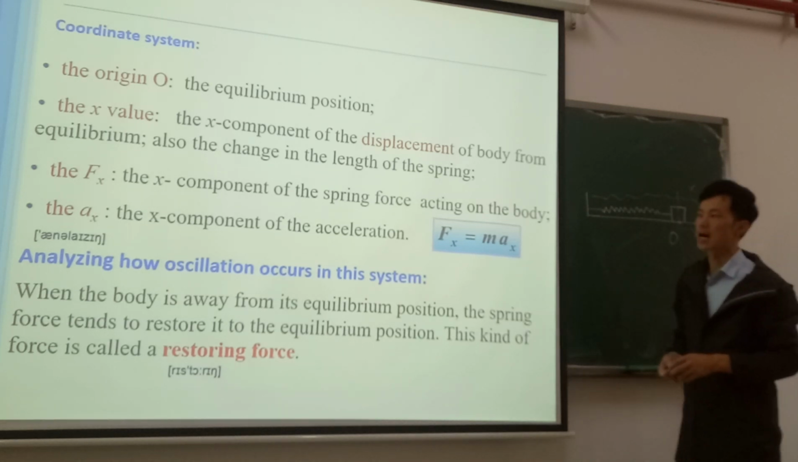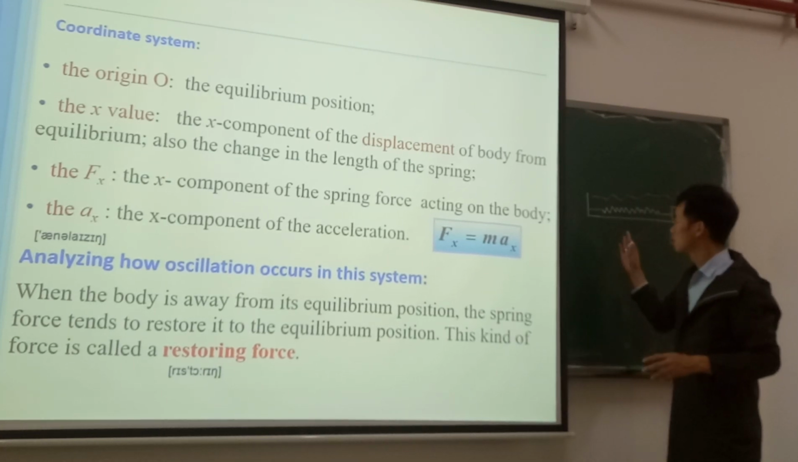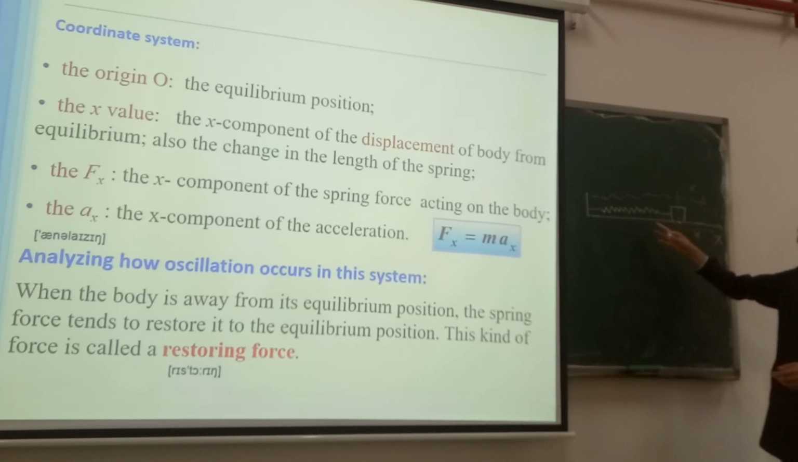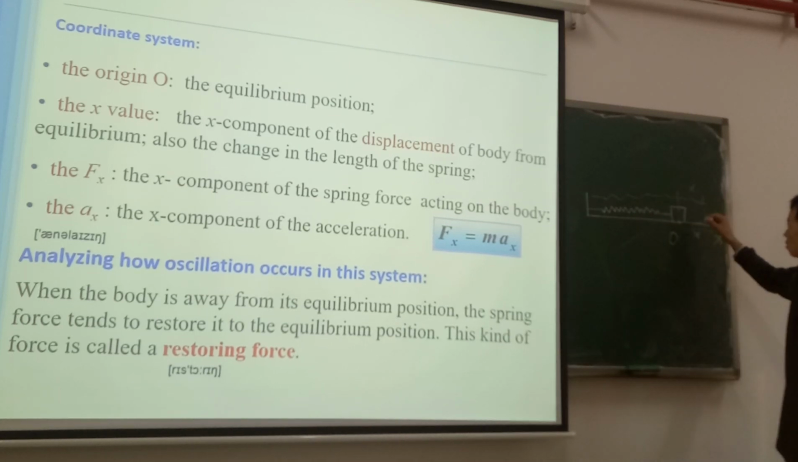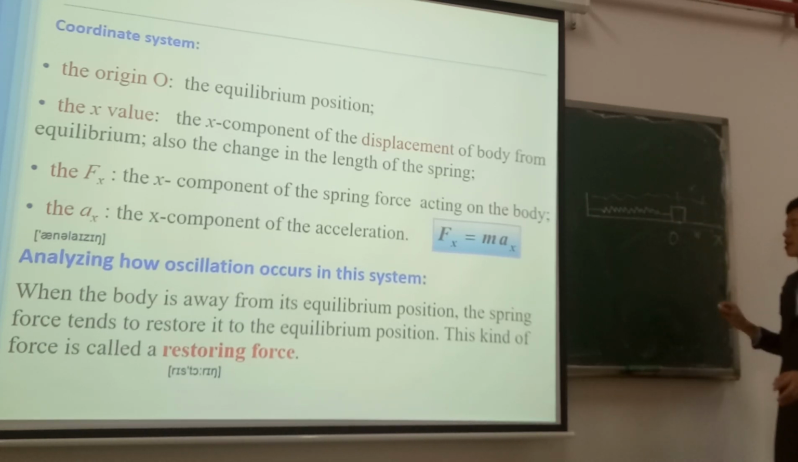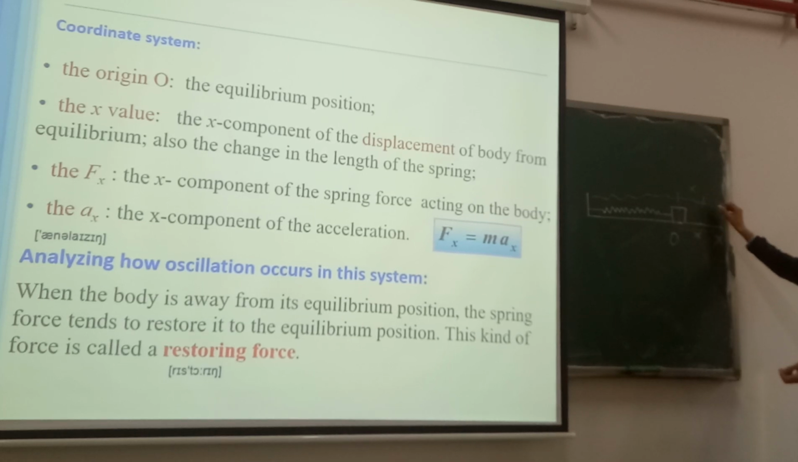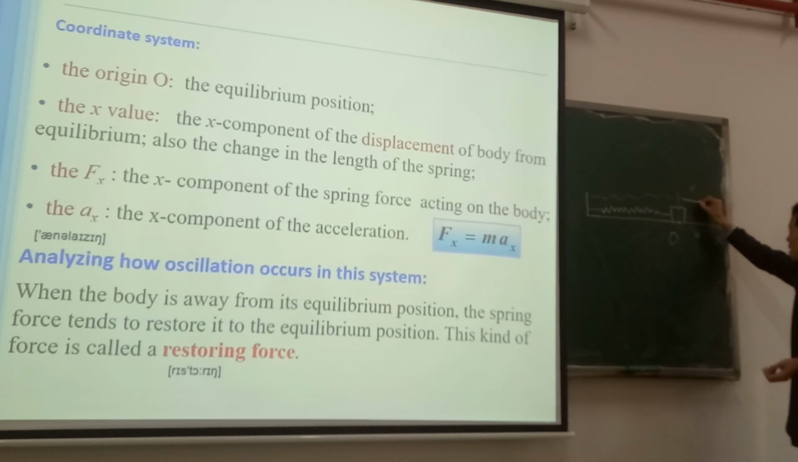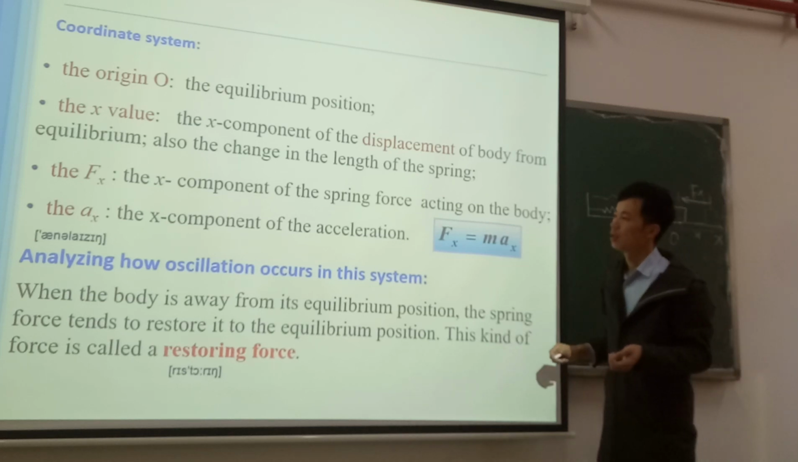And the fx is the x component of the spring force acting on the body. Because the body just moves along the x direction, all the values are x components. So the fx is the x component of the spring force acting on the body. The spring will exert the force on the body. Such as if the body is in this position, then the force will be in this direction. So this is fx, and